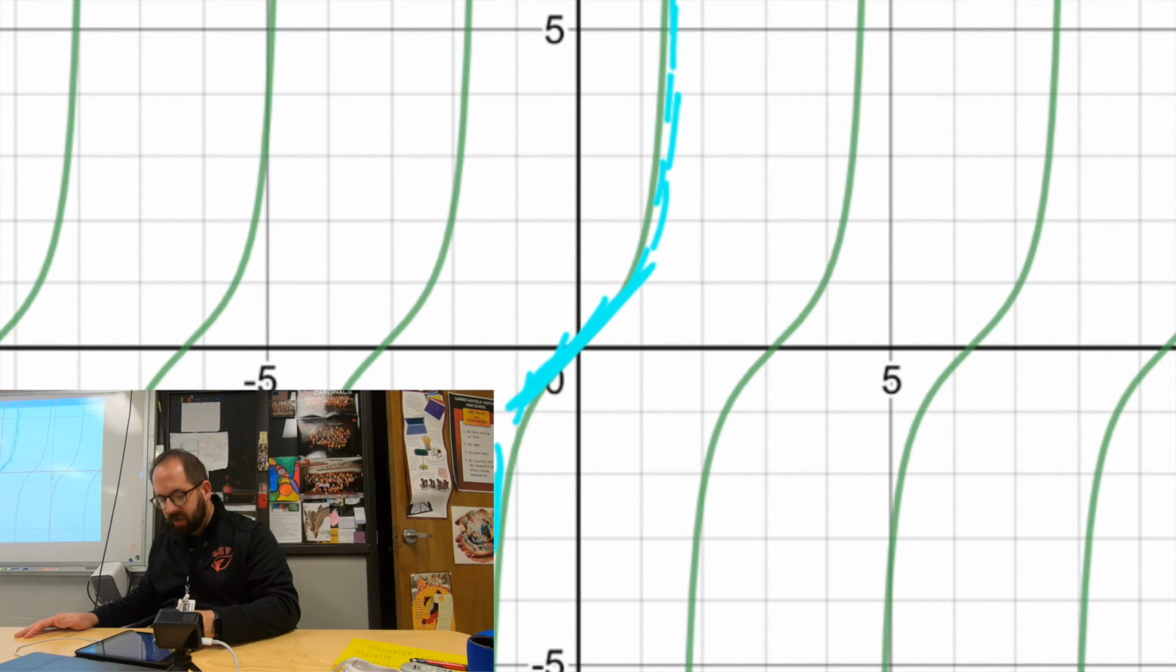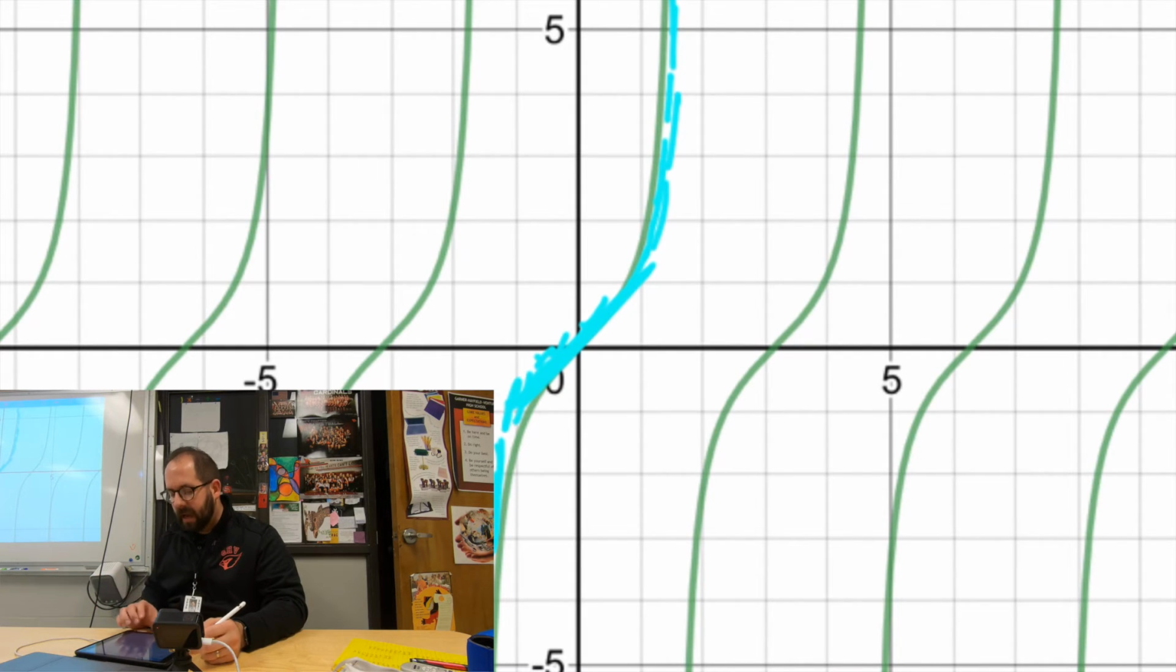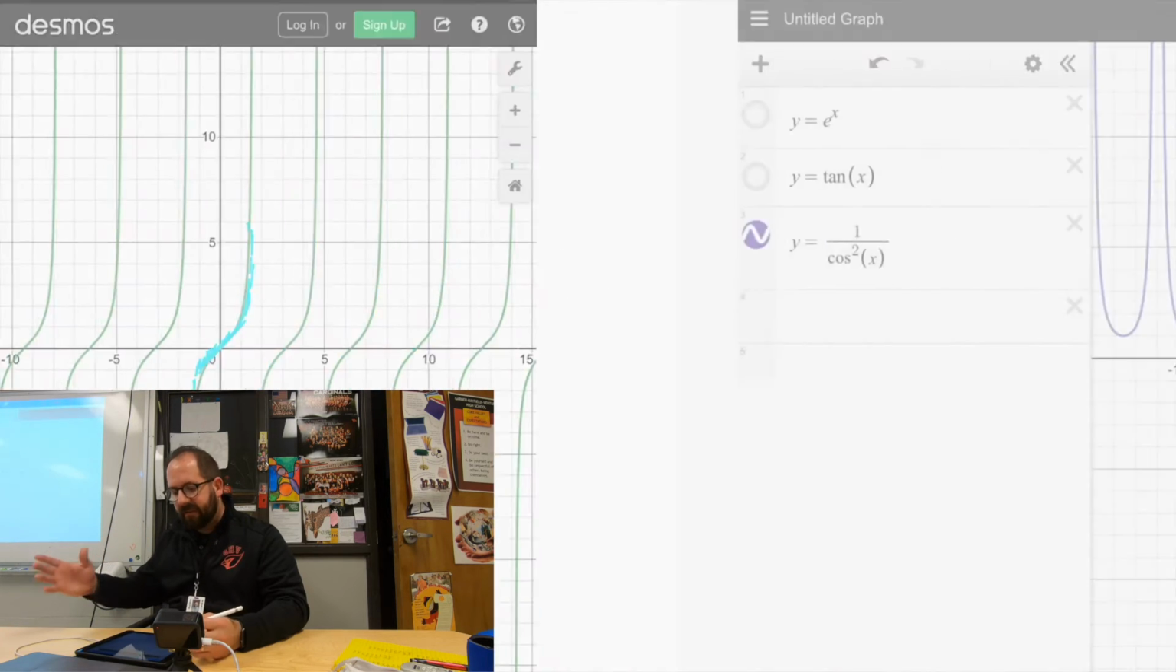But it was getting smaller. The slope actually got smaller until it went larger again. But it was positive the entire time. So when we draw a picture of tangent's graph,